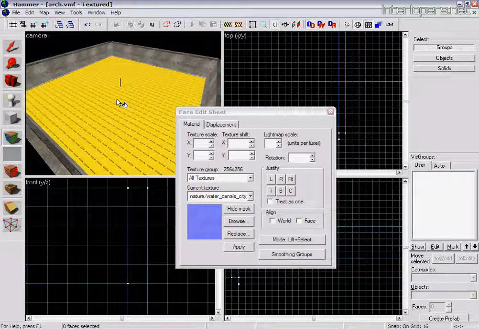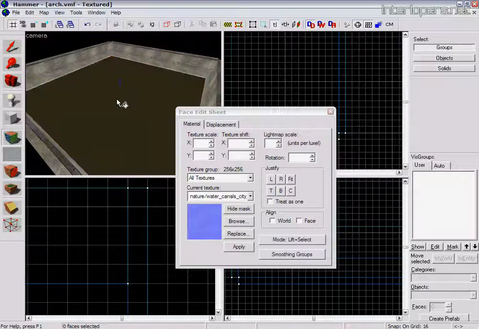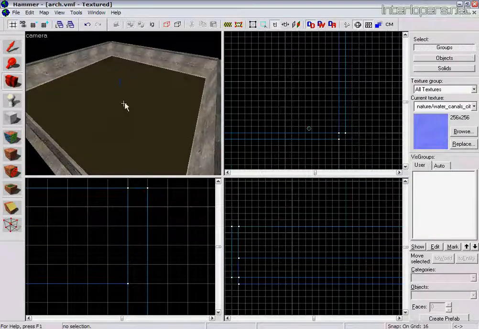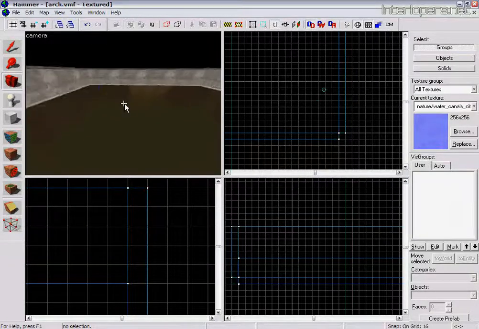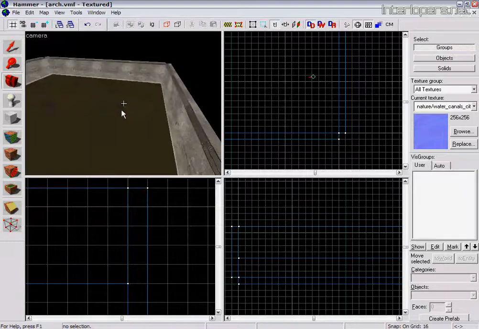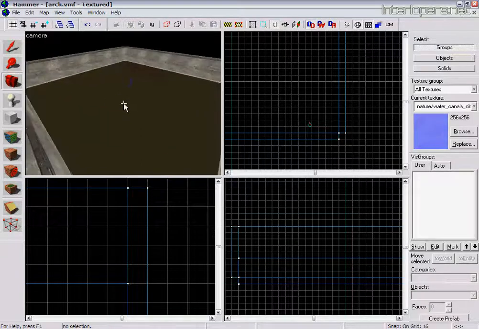Just give that a moment to load. Okay, so there you go. So applied that water texture to the top of the brush now. So really, if you compile that now, that water's ready to go, but there's a couple of entities that we